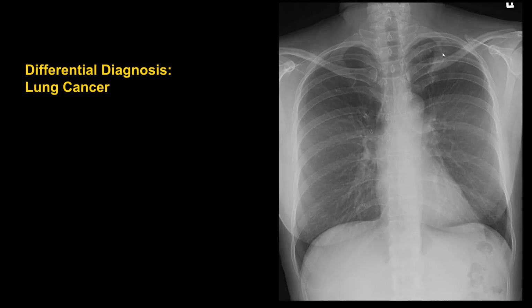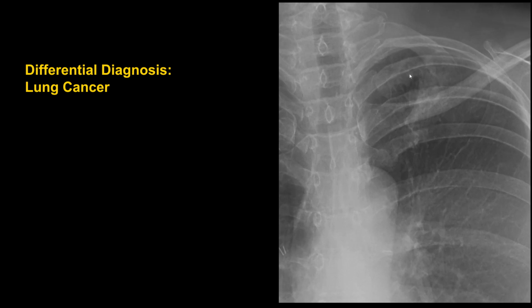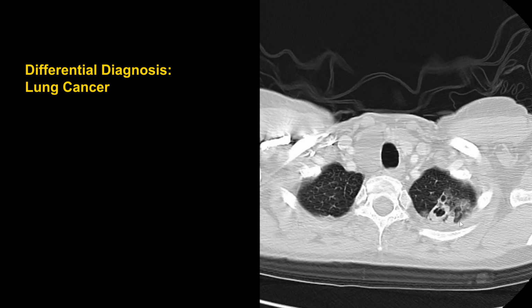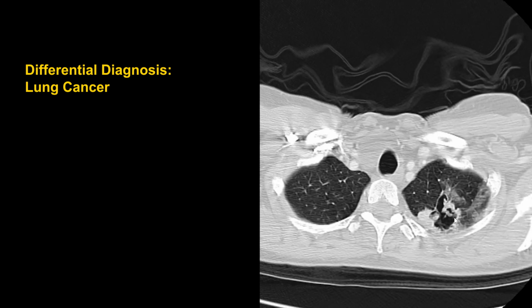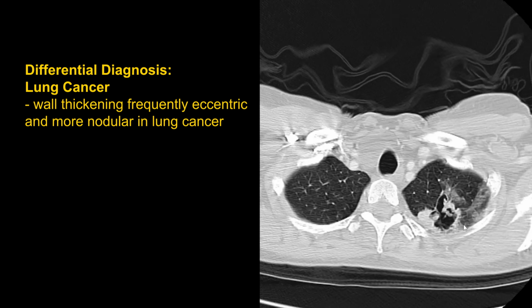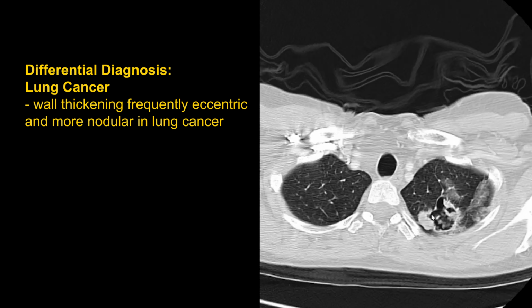On this chest x-ray, we have an asymmetric opacity in the left apex. When we zoom in, it does look a little bit cavitary with opacity on the periphery of the lesion and some central lucency. This is the CT of that patient, and as we scroll down to the lesion, you can see that there's a cavitary mass here in the left apex, and we have eccentric nodularity along the medial and lateral walls of the lesion, as well as the inferior wall, rather than the more uniform wall thickness that we had in the